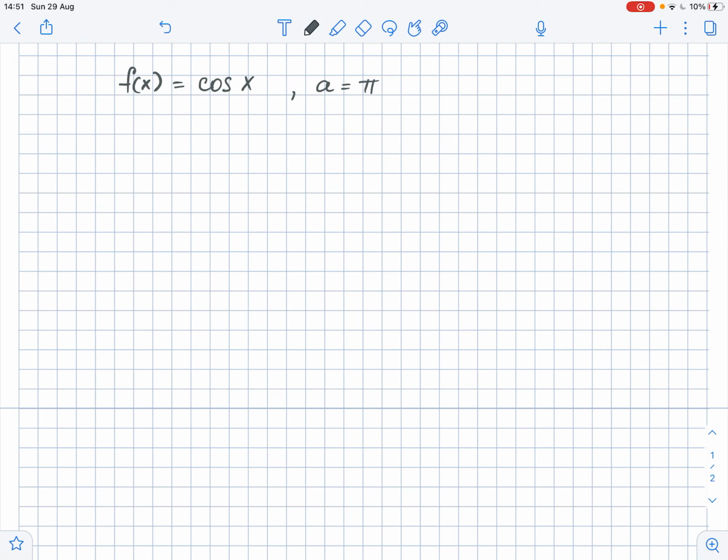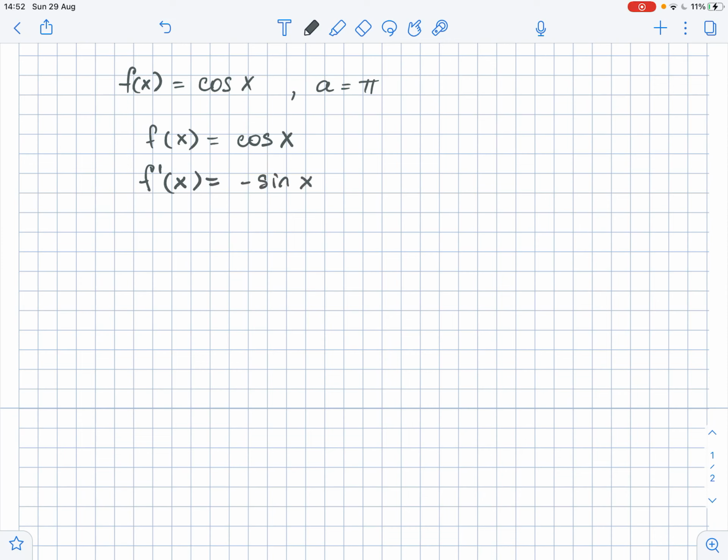So we need to use the definition of a Taylor series to find the first four non-zero terms of the Taylor series for the given function centered at a, and we also need to write the power series using summation notation. So first let's look at the derivatives of f of x. So in our case, f of x equals